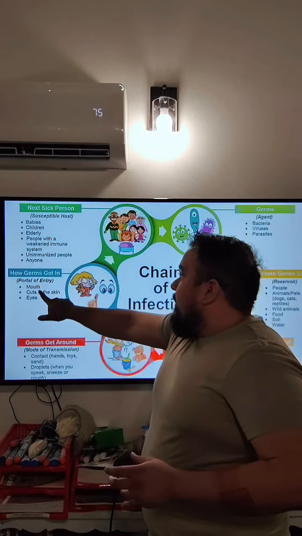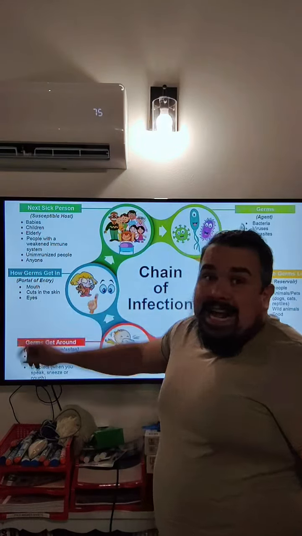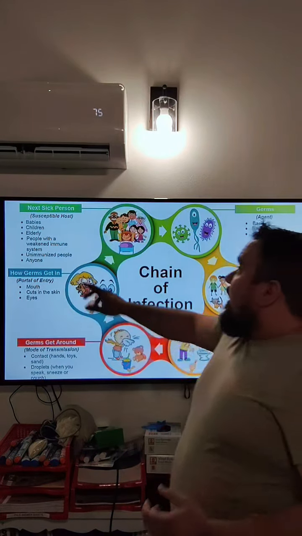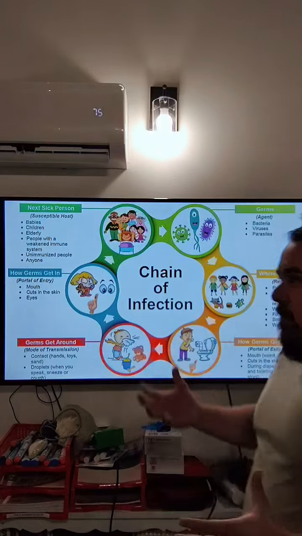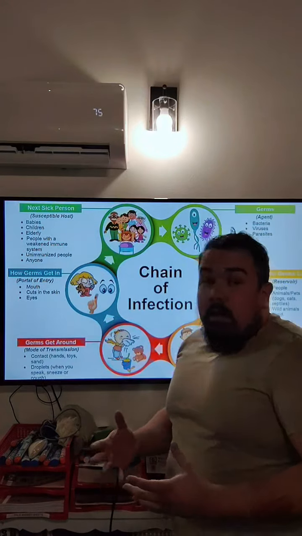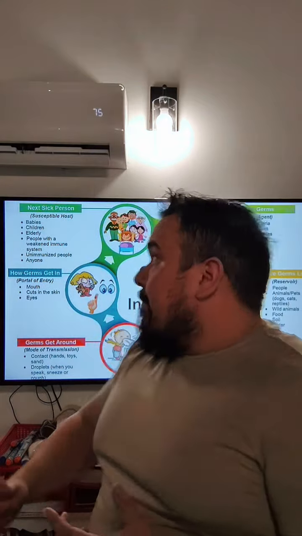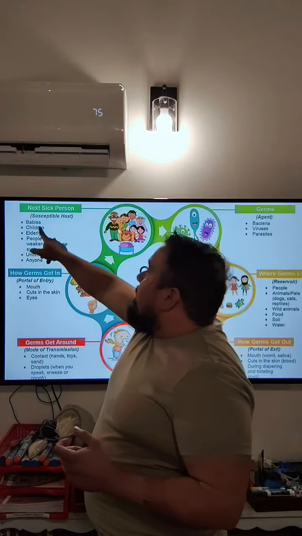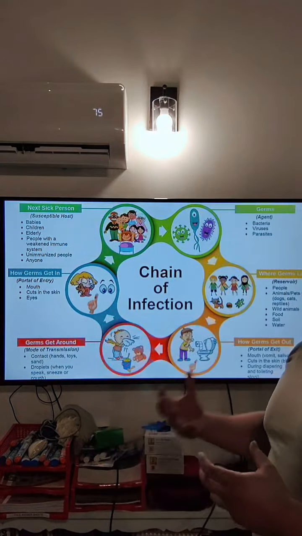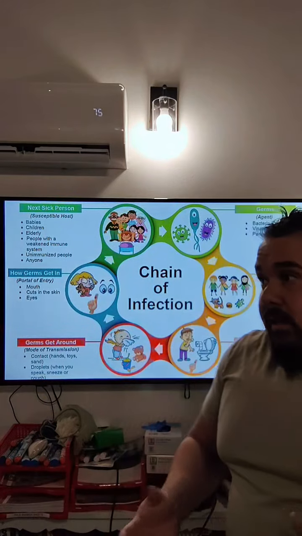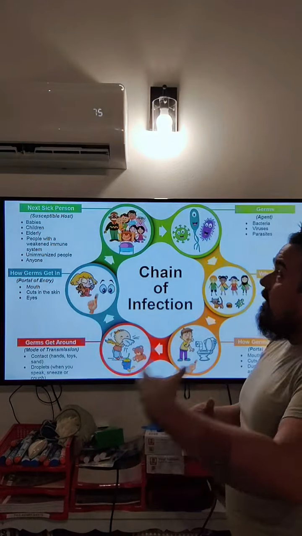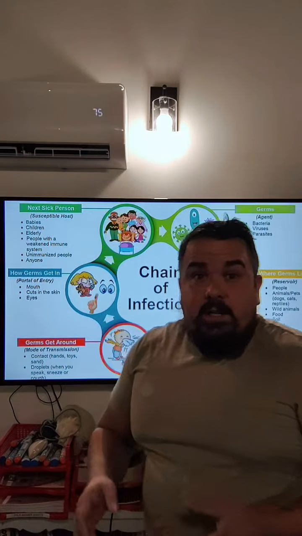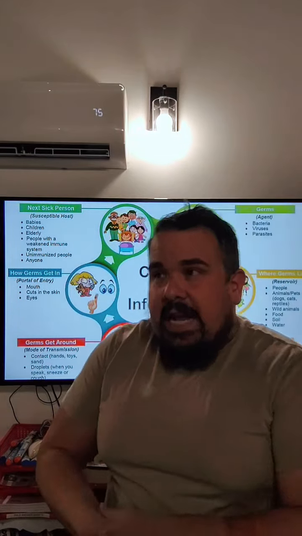How do germs get in? Mouth, cuts in the skin, and eyes, okay. Those are ways that they could get in. And then a susceptible host, so that's a person who is susceptible to getting sick. Basically, it's everyone. But for examples, there are babies, children, and the elderly. When it comes to babies, they're newborns, and their immune system isn't really fully developed. They're starting life, so their immune system needs to develop more. That's why a lot of parents are now cautious when carrying babies. They disinfect their hands because they don't want